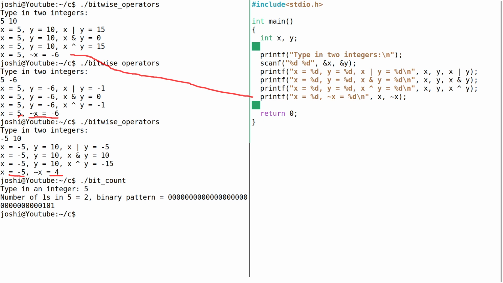So what is the bit pattern? The bit pattern is this one. Only the significant bits are these last three: 101, this is 5, and you count the number of ones, which is 2. Okay, now if I rerun this program and supply -5,